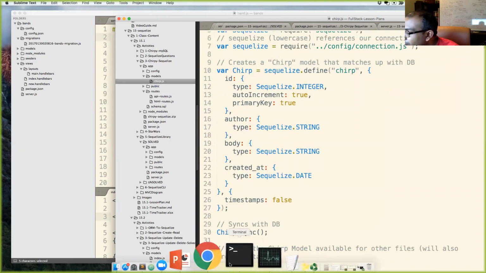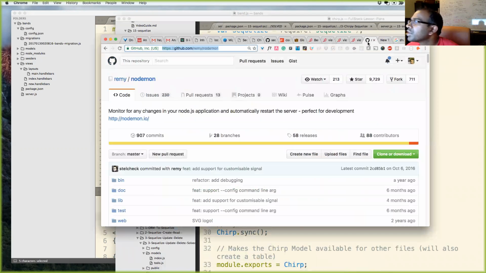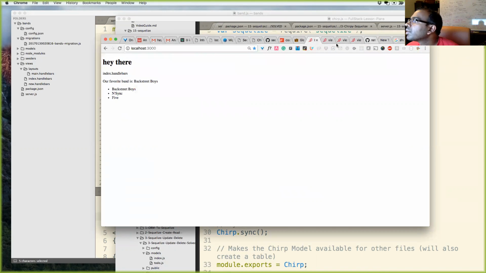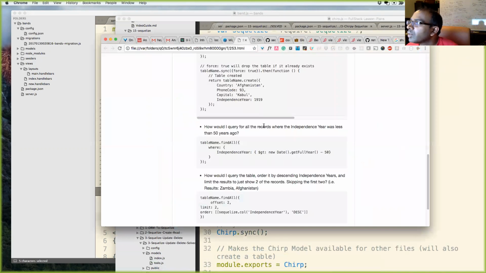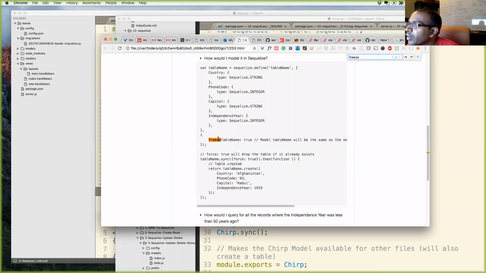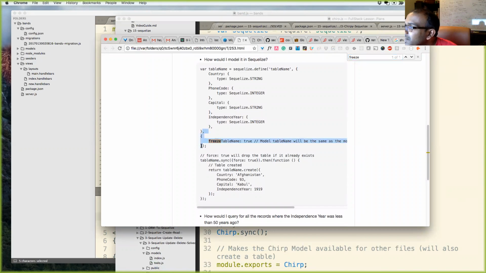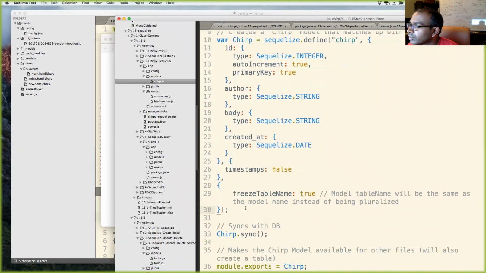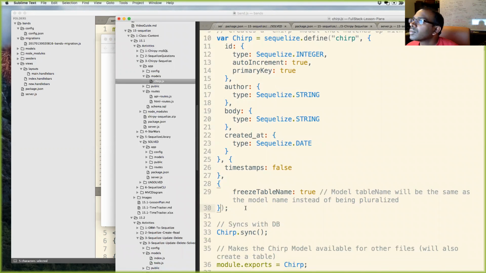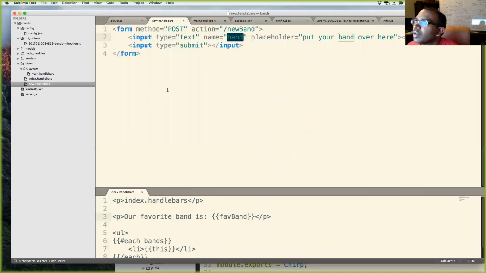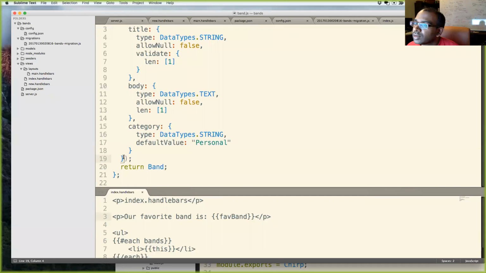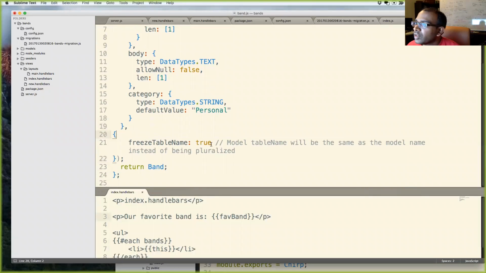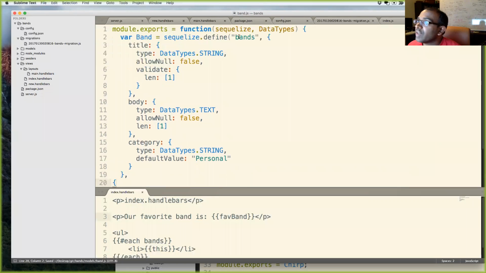Wait a minute, no, I remember I had that in my questions. Right here, so freezeTableName, there we go. I'm going to copy this over. Oh wait, that's the wrong file name. Over here, inside of my band.js file. So freezeTableName. Now it's definitely going to use bands.